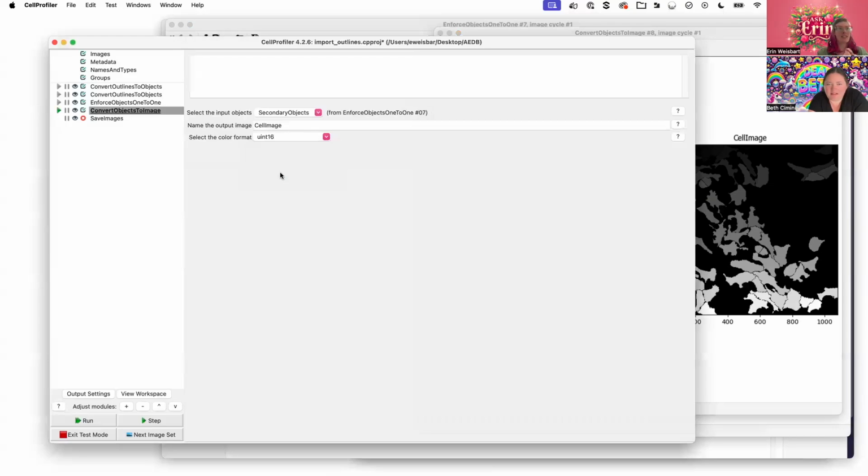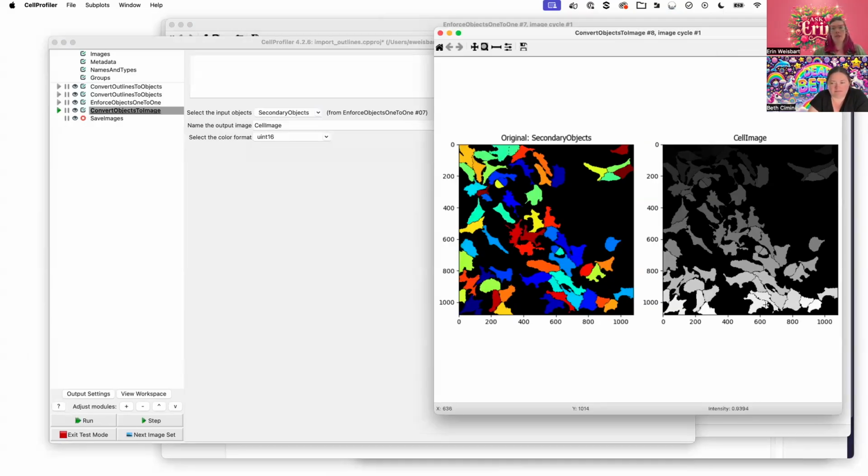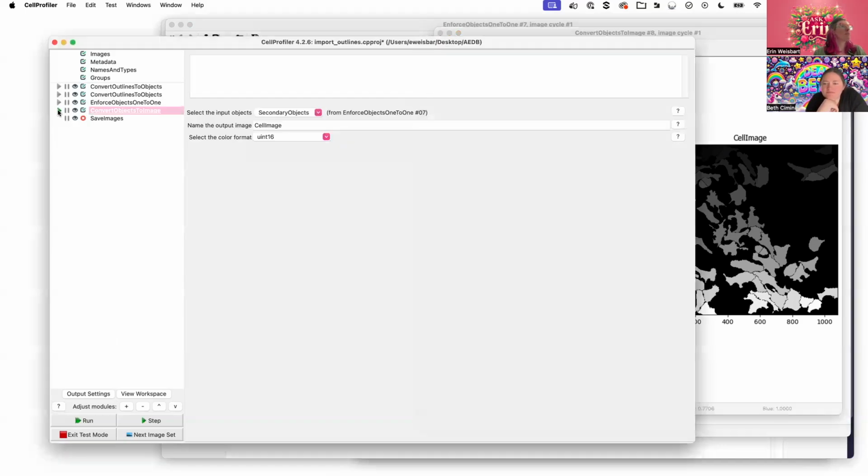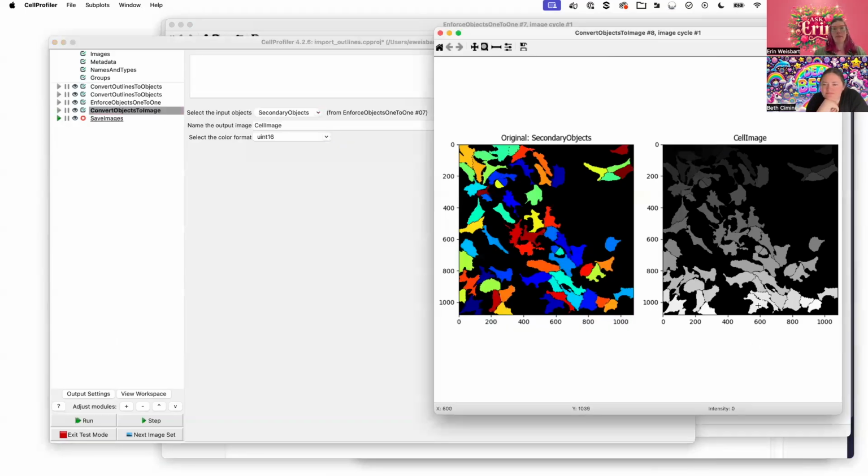So the final one here is this. CellProfiler, almost all the pipelines default to having everything scaled 0 to 1. But here, this will output an image where it's still showing us in 10. Oh, because I didn't step again. Yep, here we go. You have to tell it to make a change and then tell it to apply that change. Okay, no longer confused. So here, this is no longer using the